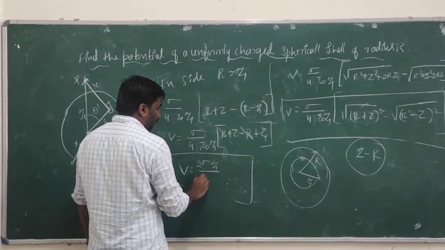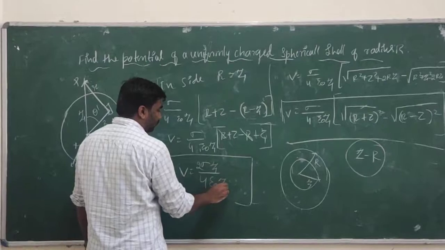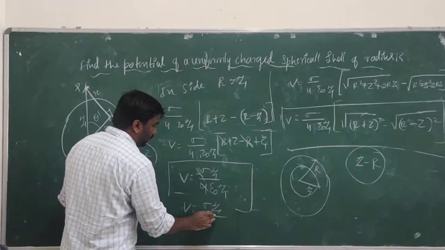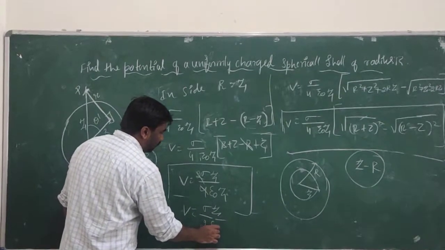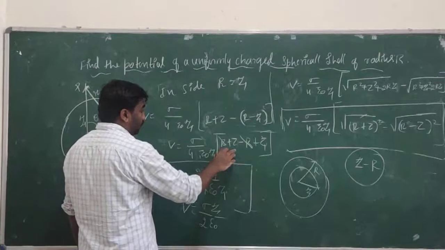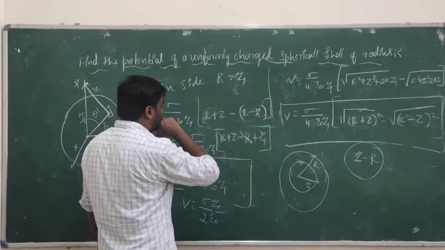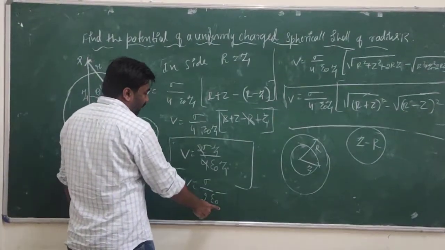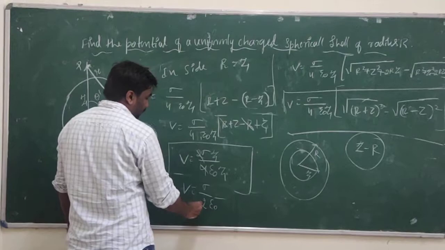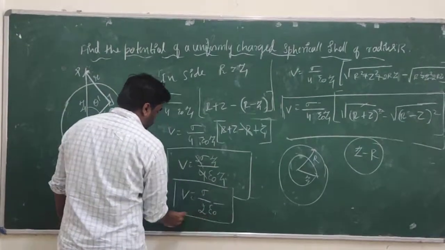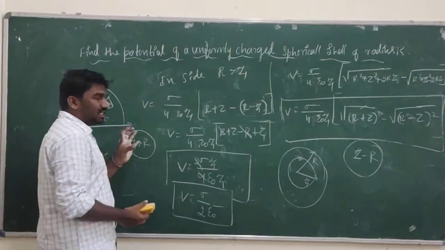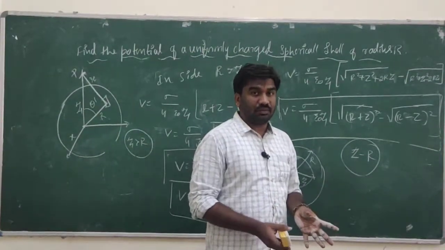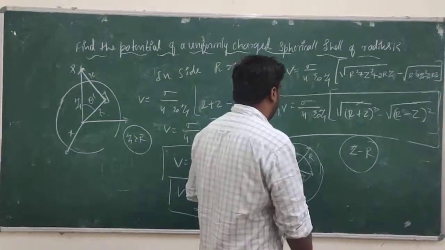divided by 4 epsilon naught z, and 2 and 4 get cancelled. V is equal to sigma z divided by 2 epsilon naught z, so V is equal to sigma divided by 2 epsilon naught. So this is the potential inside the hollow spherical shell. The potential is constant, but the electrostatic field is 0. Okay. Next,